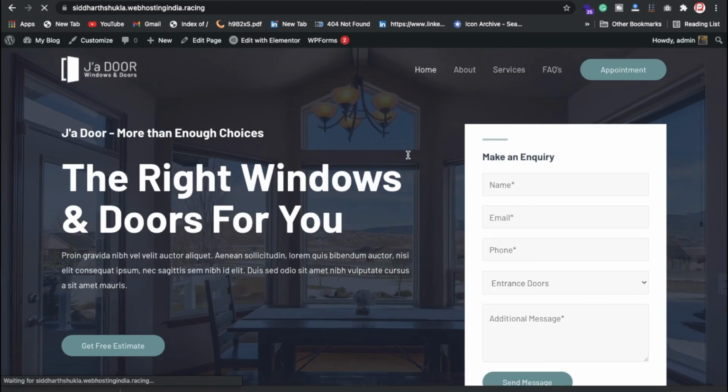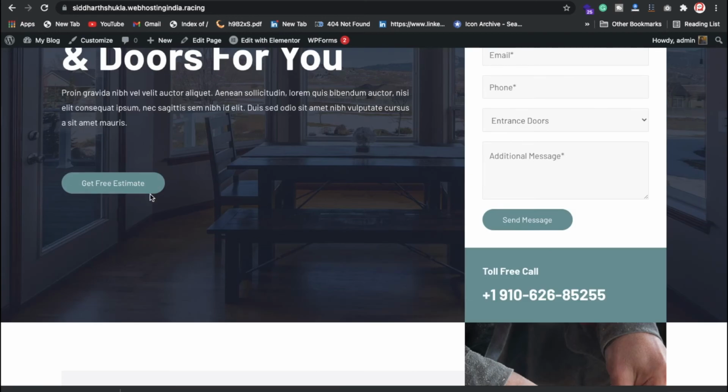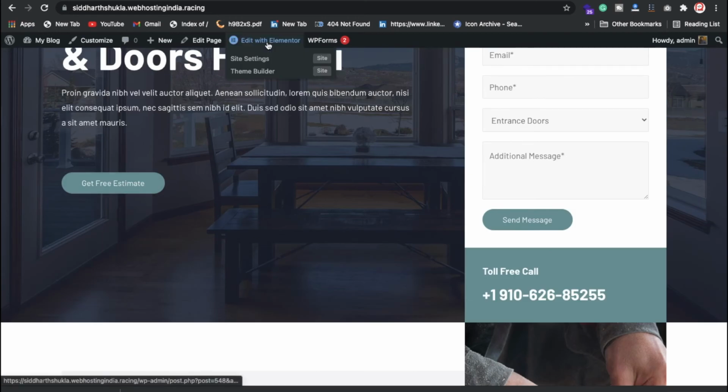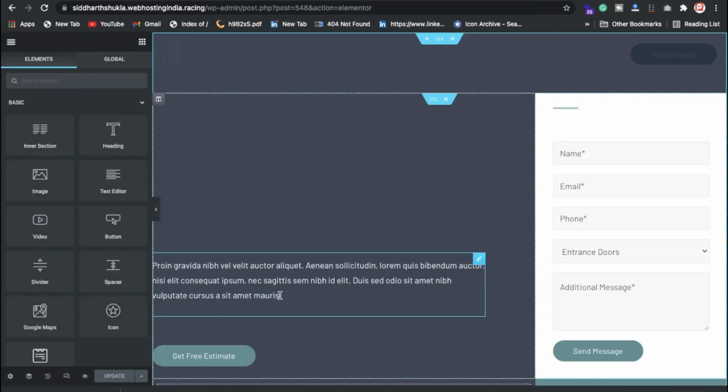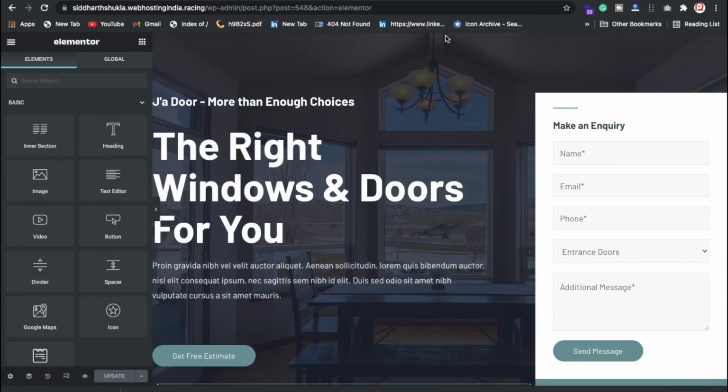Now I'm going to show you how you can change this kind of stuff. Suppose you want to change the banner and this text and this button, how can you manage that? Okay, so just click on Elementor. By using Elementor you can change the entire website. Most of the parts, I mean 90% of the parts, you can control from the Elementor plugin only. So I just click there, and then scroll down, and suppose you want to change the banner.